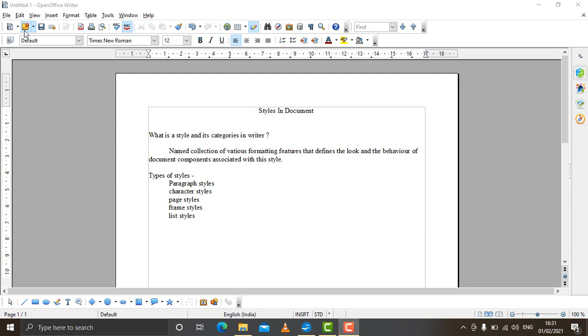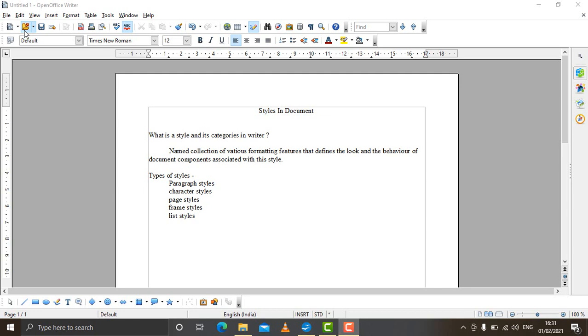So we will begin with styles and its various categories. See, basically styles are the formatting styles in which different kinds of text will appear on the document, like paragraphs, lines, words, different types of text which appear at different places. There are styles for all these kinds of text, and we can apply them to make our whole document more attractive. So we will be learning about all these types of styles and their categories.